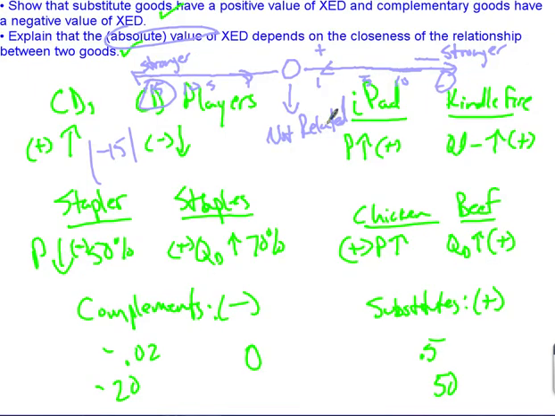And then we just did a couple of different examples showing that a negative coefficient tells us that we have a complementary good, and a positive coefficient tells us that we have a substitute. And the farther the number gets from zero, whether it's positive or negative, the bigger the absolute value of the number, the stronger the relationship those two goods have. So then we talked about